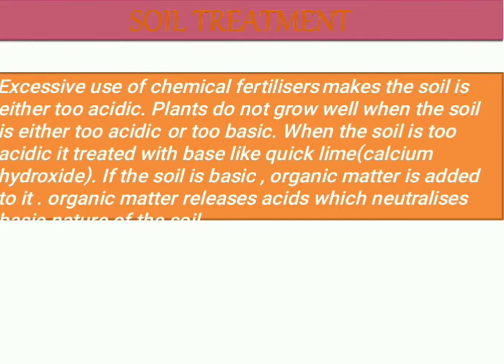If that pH gets changed, if the soil becomes too acidic or if the soil becomes basic, it will hinder the growth of the crops we are growing in that land. Because some plants don't like acidic soil, some plants don't like basic soil. Okay, so in such a situation what we have to do is conduct a soil test before doing the agricultural process. The soil of that field is taken and dissolved in water and you have to see the pH. What is the pH of the soil? We have to check it.